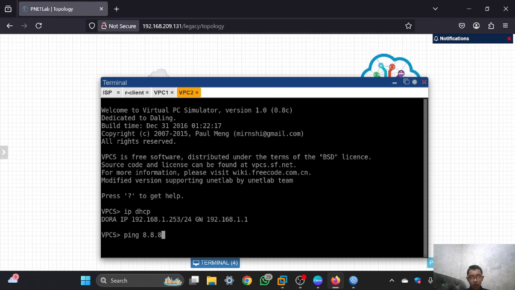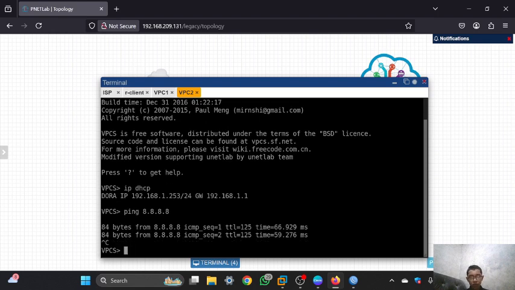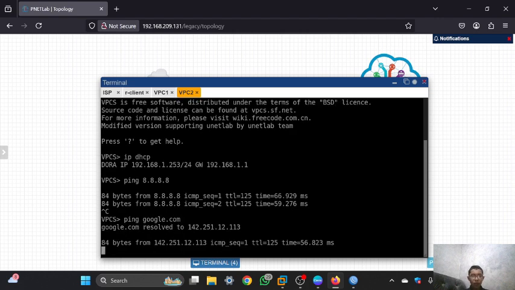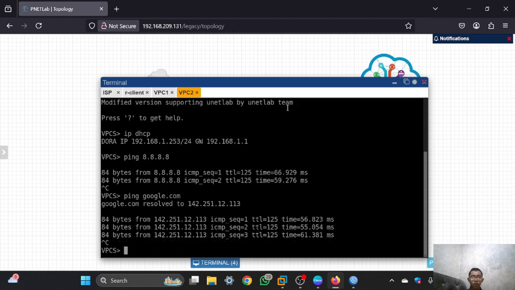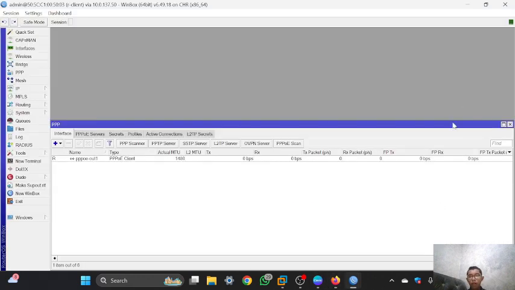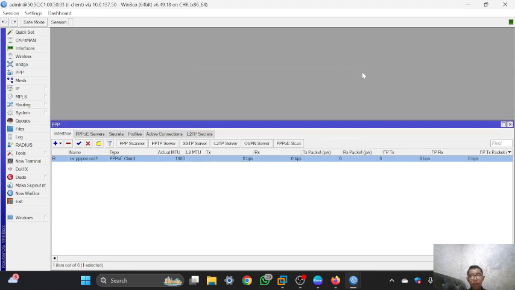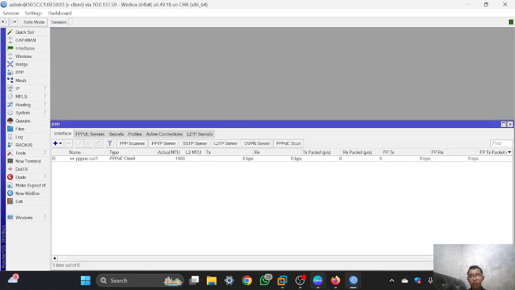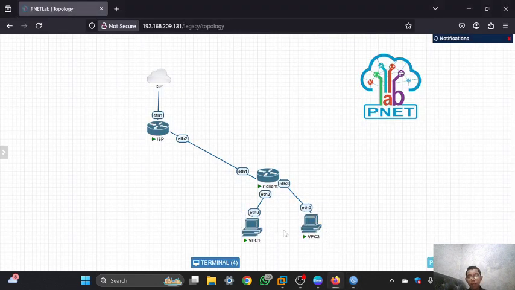Now we'll try in the VPC2, and it is successful. I will try using domain, and it is also successful. So the configuration of PPPoE is successful, and maybe I will try to set the, sorry, I forget the name, in here, sorry, oh yeah, I will set the bandwidth, so for the VPC1 or VPC2 it will get